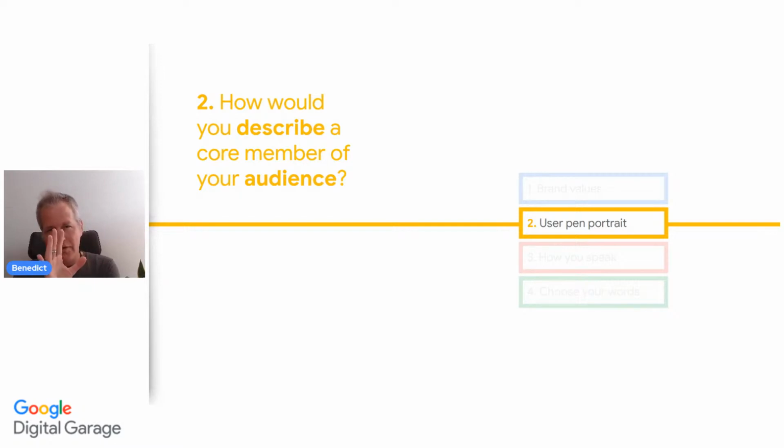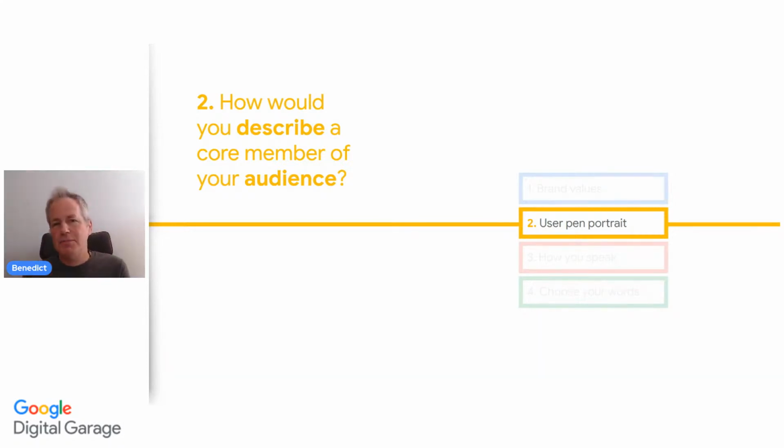All right. So once you've done all of those things, or those 3 different elements, the next element is you're going to go for user pen portrait. Now, I can see it's quite long, but it's actually really very useful. It'll really help you think about your audience and therefore develop your tone of voice to make sure it's on the right track. Now, in marketing speak, we call these pen portraits, okay? If you think about it, you're sketching this person, because to a large extent you are. You're not sitting on the underground sketching the person opposite, no, but you're bringing to life for yourself this person. That's the whole point.